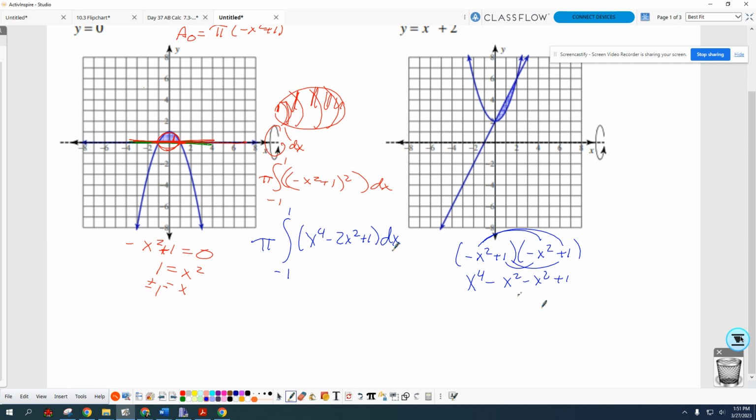And now can I just undo power rule on each one of them? Now it's easy. All right, so keep integrating now. What is x to the 5, raised to the power divided by the power? 2 over 3 x to the third plus